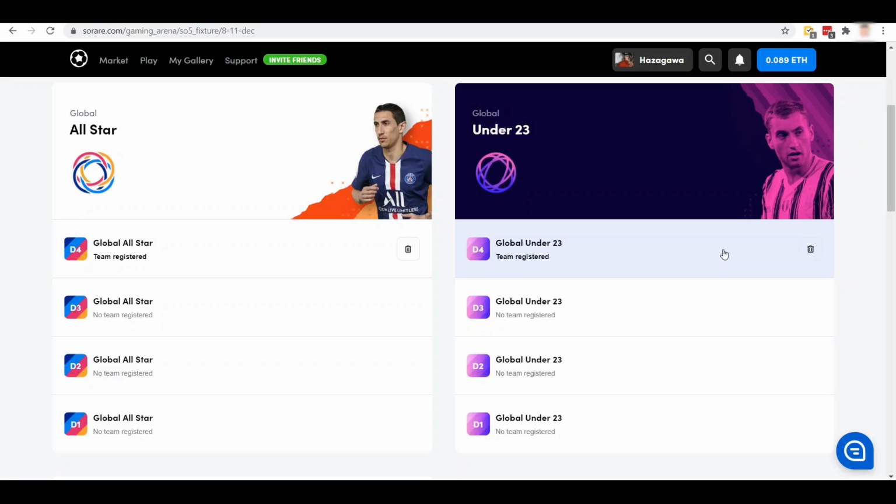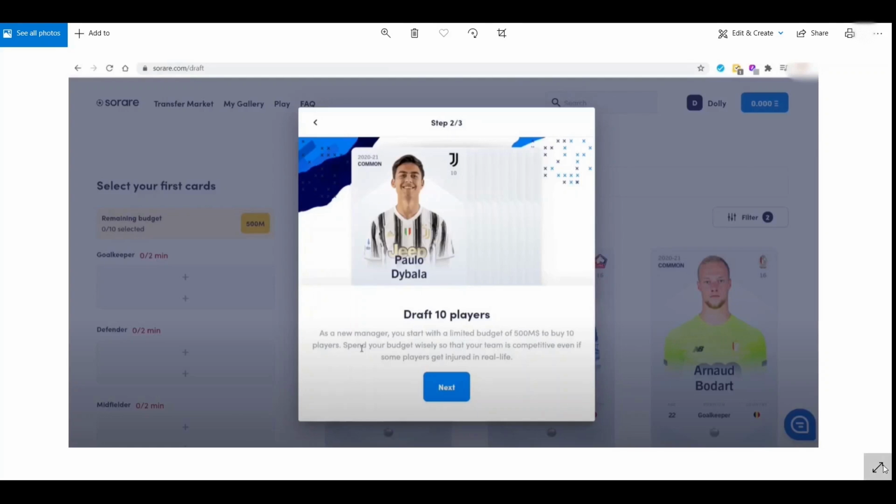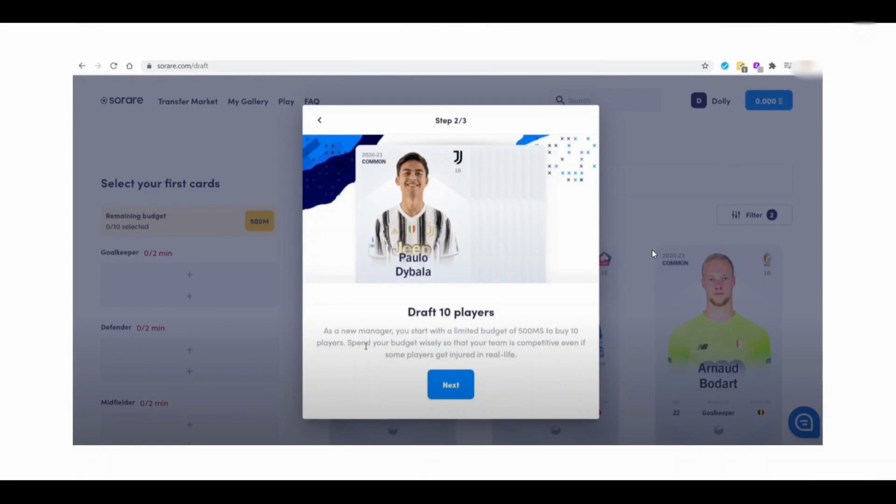So tip number 2. When you are doing your common draft, when you first sign up to Sorare, I would recommend that you have mostly goalkeepers as your common cards. Okay, this is because the goalkeepers are the most expensive cards on the platform, but also because you need a goalkeeper to register any